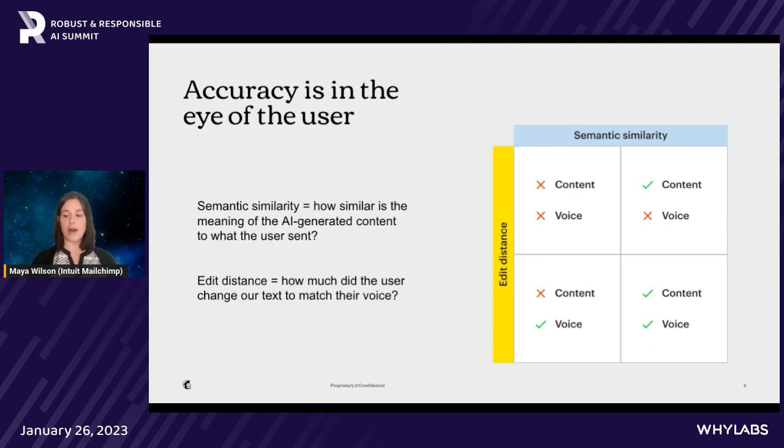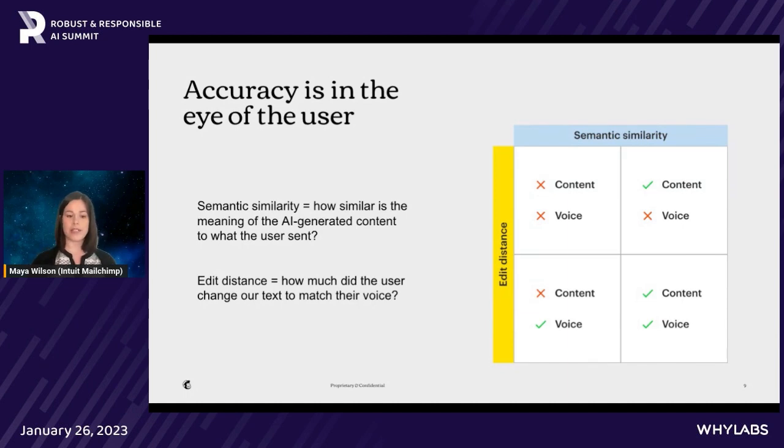Now you could think about a summary. There's kind of a ground truth there. You summarized the thing correctly or you didn't. But for a lot of the stuff, there's not really a ground truth. There's not really a meaningful correct answer. There are definitely wrong answers, but understanding how close we're getting to that overall ideal state is really helpful, so we use these metrics like semantic similarity. The other thing that our users care about a lot is their brand voice.